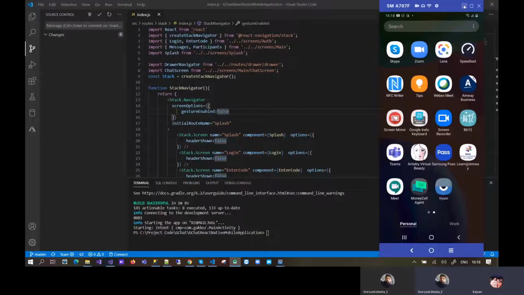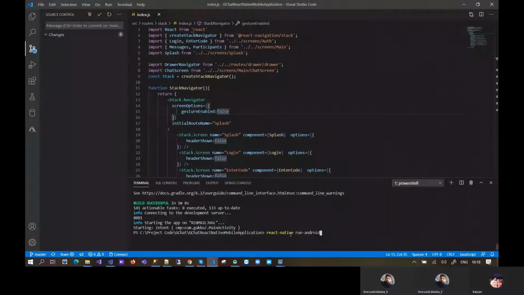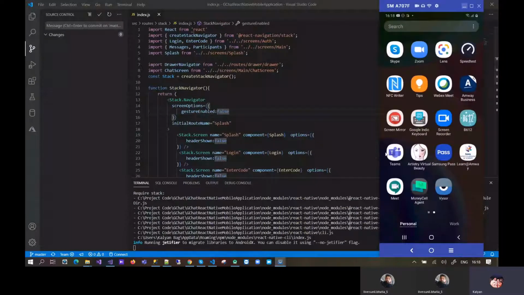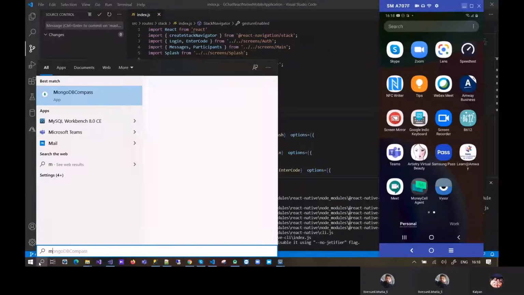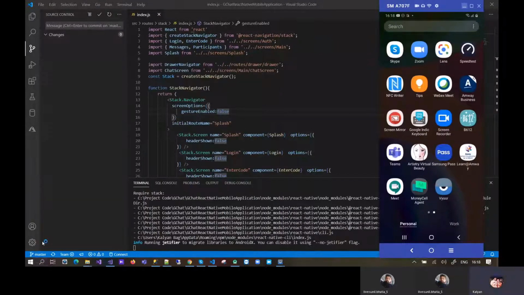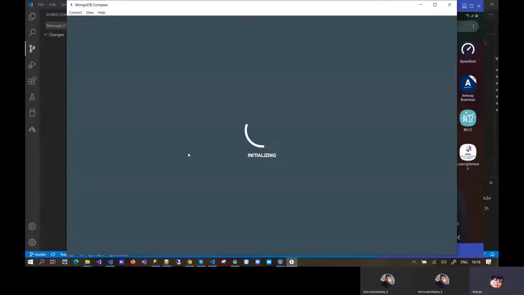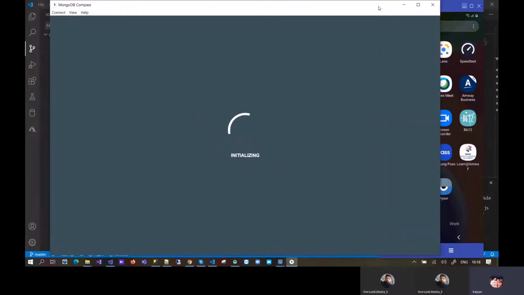Now can I run it? Yeah. So socket configuration is all added, right?